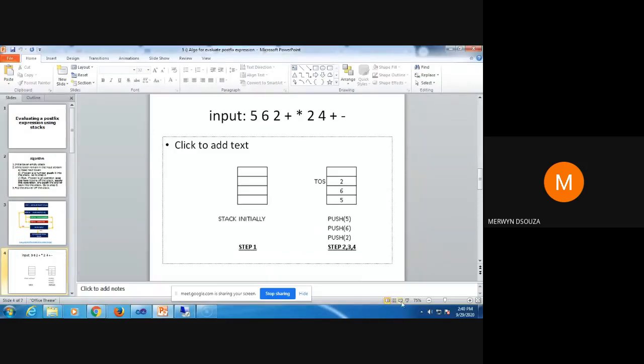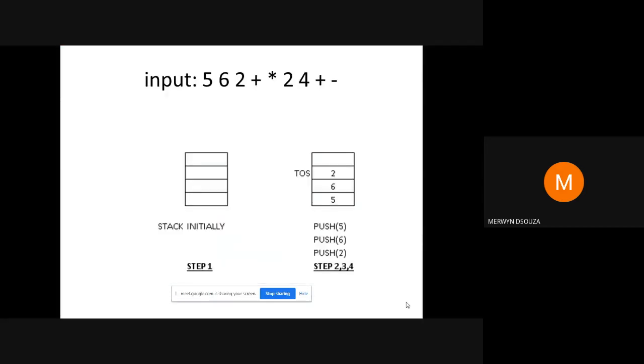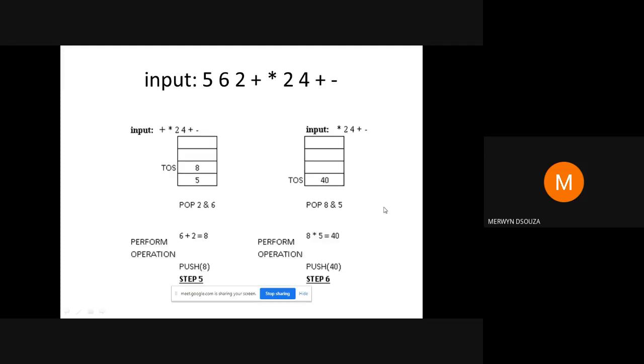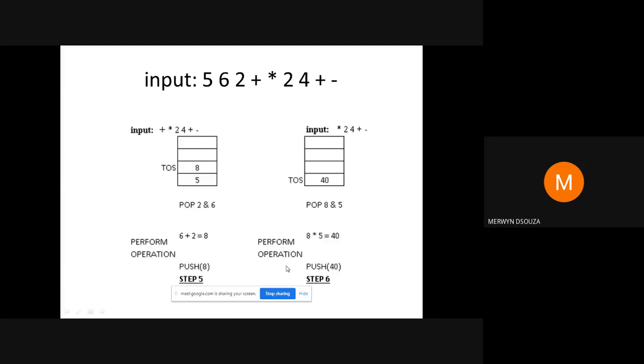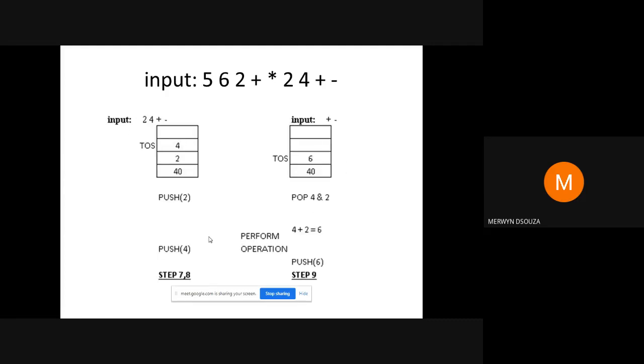So in this first slide, if anyone has not understood anything, second slide. Next slide.